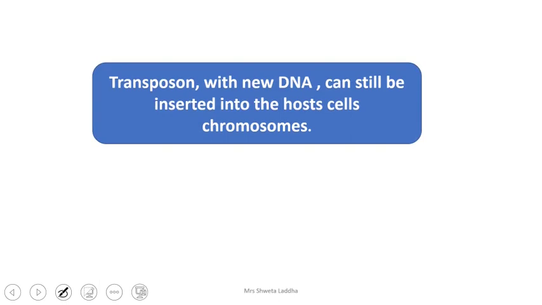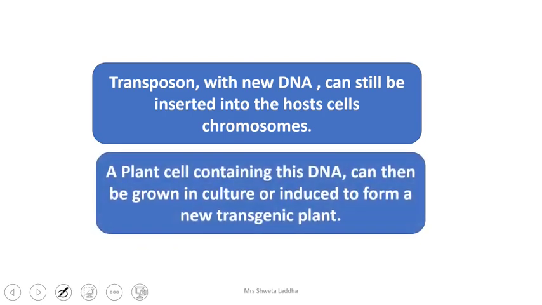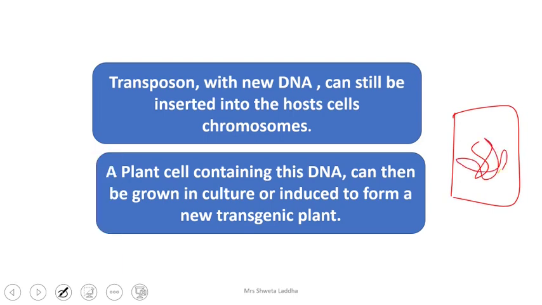Just now I told you that we can insert it into the host cells. A plant cell which contains this DNA can then be grown in culture medium. So suppose this is a plant cell, this is the chromosome of the plant cell, and in this chromosome we have inserted the tDNA, but with changed genes, good genes we have inserted. Now this plant cell will be called a transgenic plant. Why is it called transgenic? Because we have changed the genes, and we can get many copies of this by inserting it into a bacteria